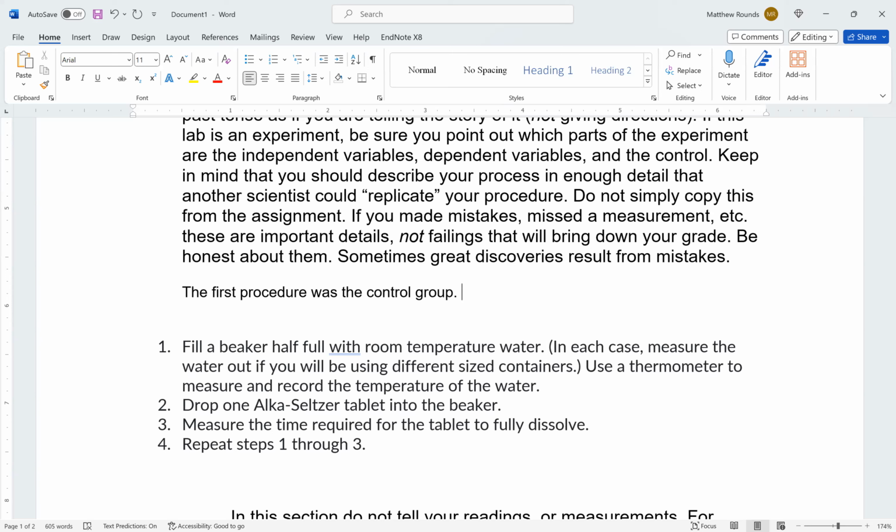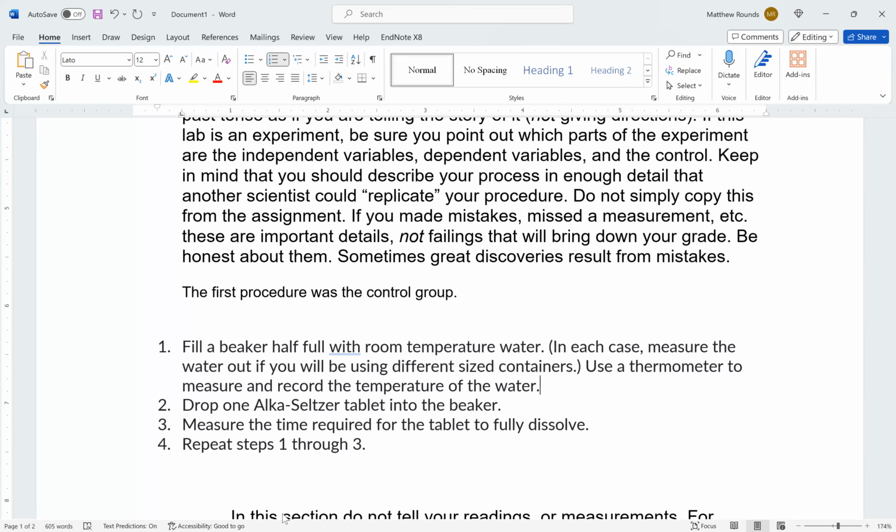Okay. So now what you're going to do is fill a beaker with room temperature water, and you have to use the same amount each time. You're going to put a thermometer in the water or that digital temperature device, which I would recommend getting if you don't have one. They sell them at Ace Hardware, Home Depot, Lowe's, well, maybe even Walmart. And then you obviously need the Alka-Seltzer. So you're going to put one of those tablets in, and then you're going to start a stopwatch, and you're going to see how long it takes to fully dissolve.